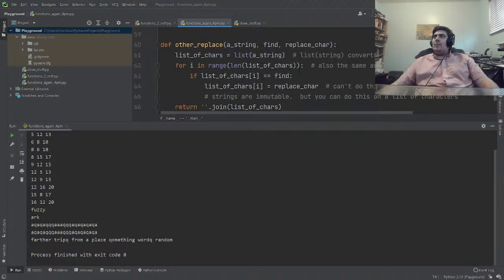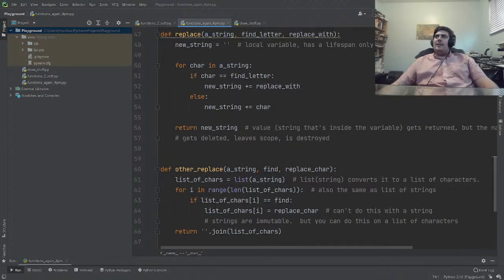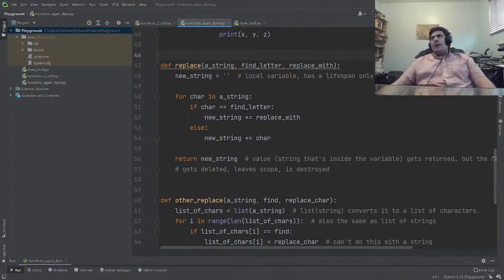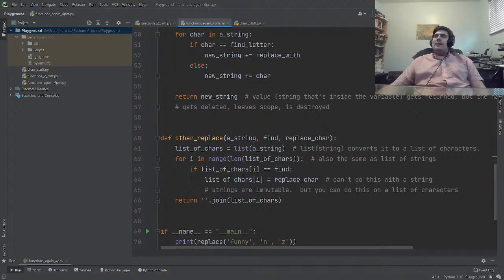So you see sometimes there's two ways to do a thing. Here, we see two examples of a way to attack the same problem in two different ways. I think generally this is a better solution most of the time, I would say. But